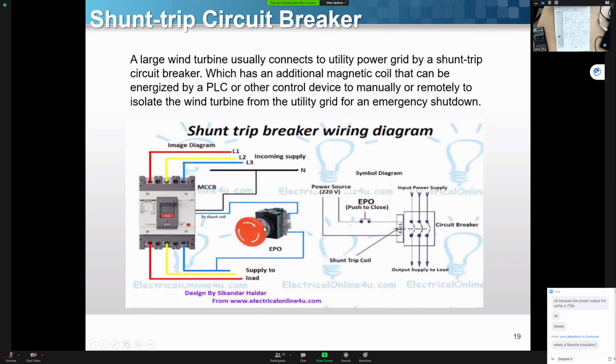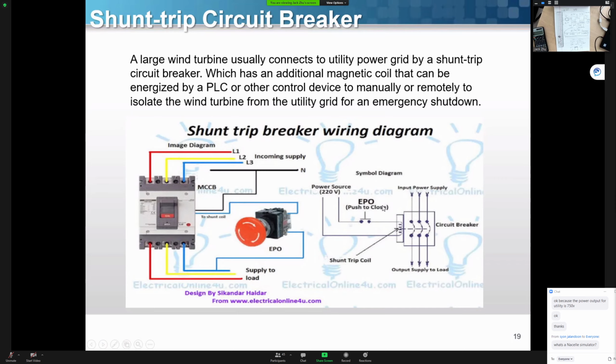In the shunt trip circuit breaker, they put in an emergency stop button that could work, and another one is an actual coil. So you could put an emergency push button to disconnect your wind turbine. Also, you could use a PLC to remotely trip the circuit breaker or disconnect the wind turbine from the